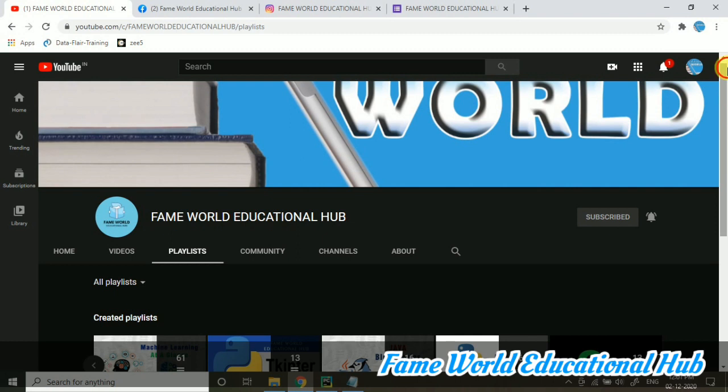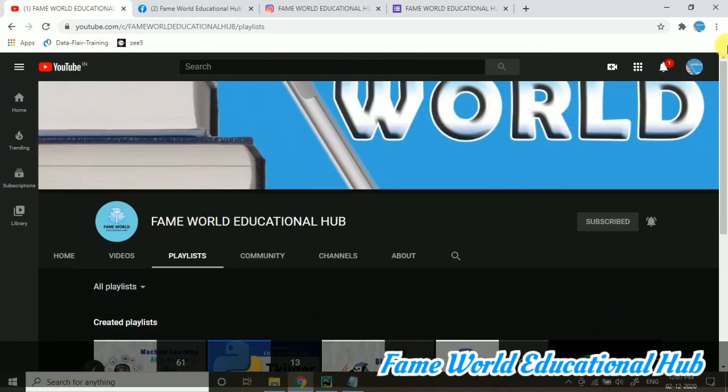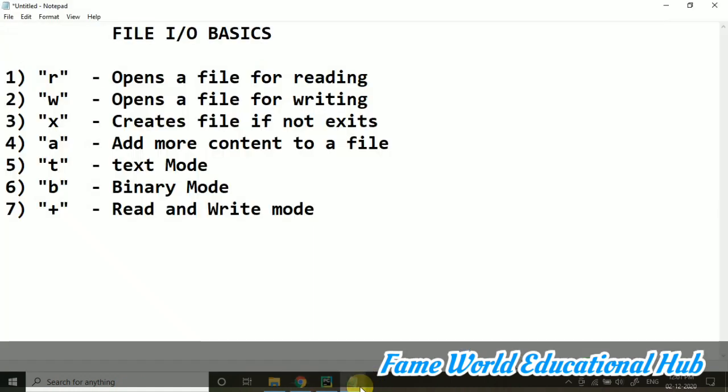Myself Aishwarya Saxena, and today I am here with a very new concept in this series, because today we are going to start with the file handling concept in Python programming. So when we are talking about file handling, a file is like this Notepad you can see. This is also a file. Excel could also be a file, a text file, a document file, PPT, anything, any extension, that is a file.